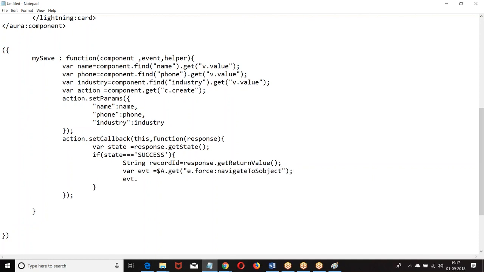EVT dot set params. Set params. Then EVT dot fire.